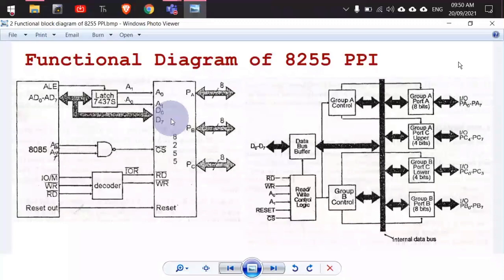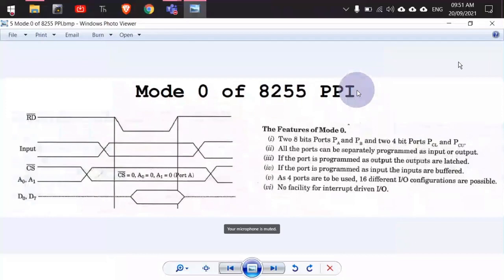So we have understood 8255 completely. Now, for understanding further details of this 8255 PPI, let us move to mode 0. Let's talk about mode 0 of the 8255 programmable peripheral interface and see its timing diagram. The timing diagram will make things more clear, because it contains all the information related to the hardware of the IC 8255, right?